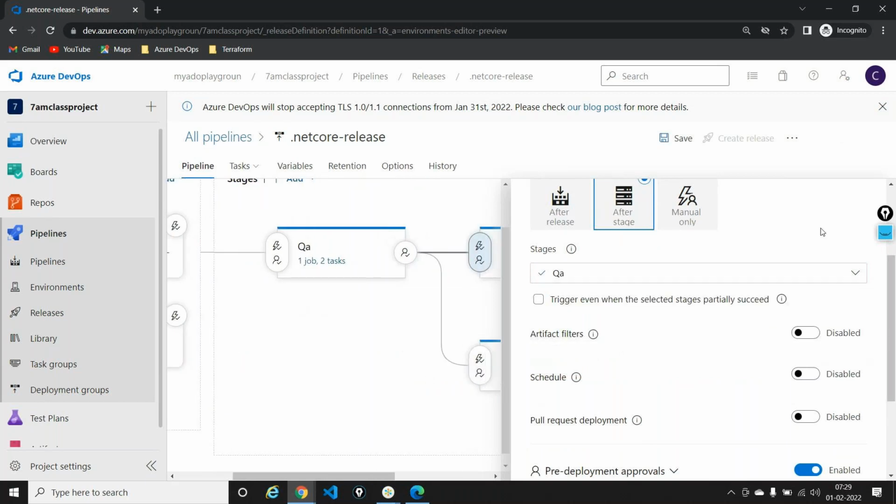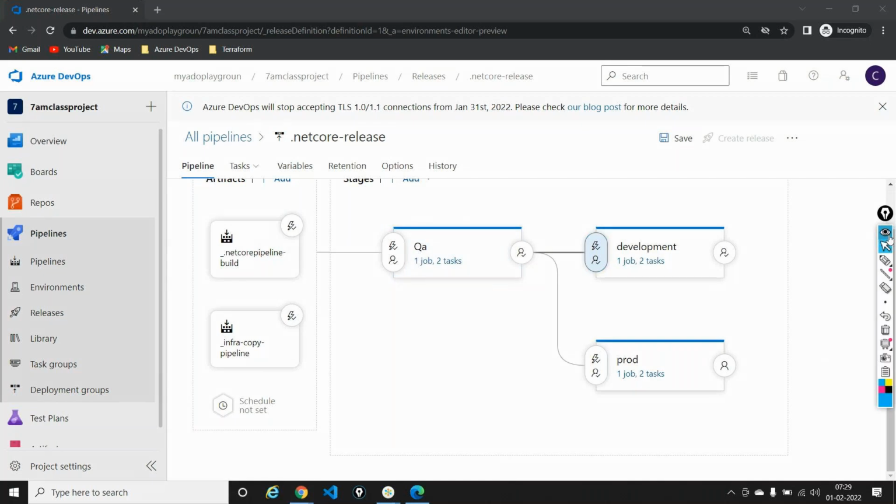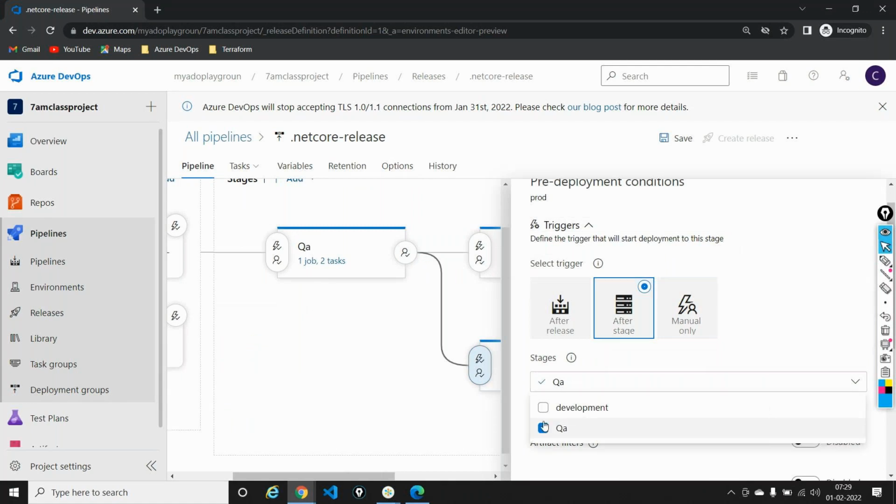So now it's telling, okay, fine, you know what? After QA, it is directly going to go into the development and also the production, because the production was also configured to trigger after the QA. So I am playing around with my pipeline right now. And if I now click on this button, if I say after stage, and if I select not the QA but the development,